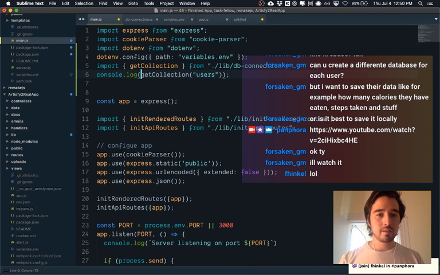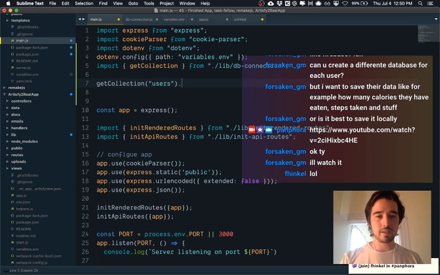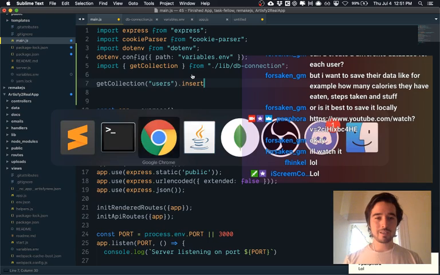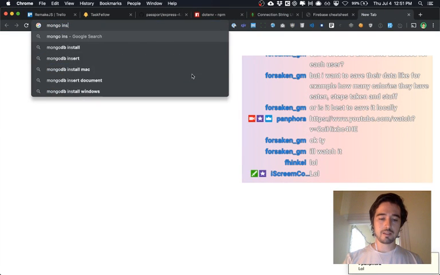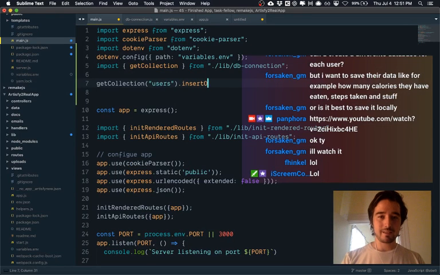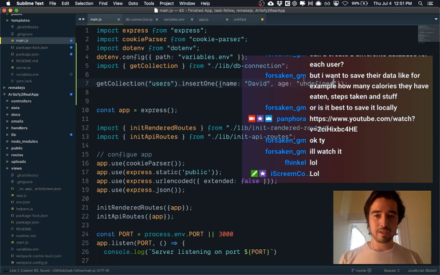And instead of console logging it, we're going to try to insert something into it. So I think I can just do this. Get collection users and then insert one or something. Let's see, Mongo insert one. I think this is it. Yeah. Okay. So we'll do insert one, and we'll do name of David and age of undefined,